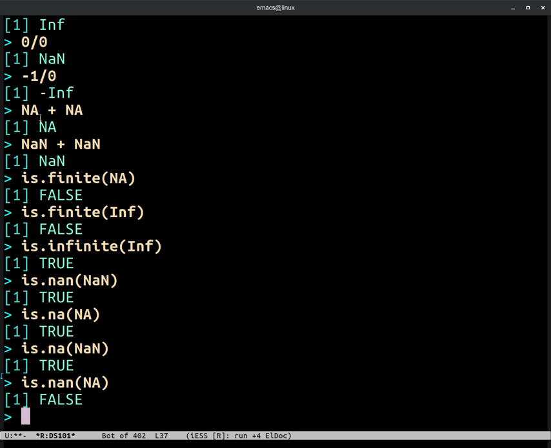These logical values, true, false, I'm going to explain in more detail in the next chapter. This is important, particularly when you have data frames, data sets, which are not complete. So there are missing values, a lot of NAs, and you want to do an analysis on the data, then you have to exclude the missing values.